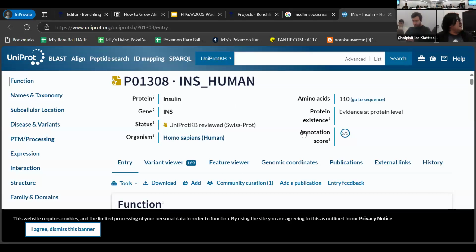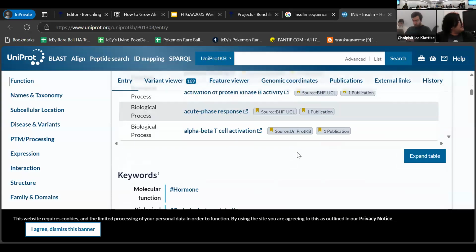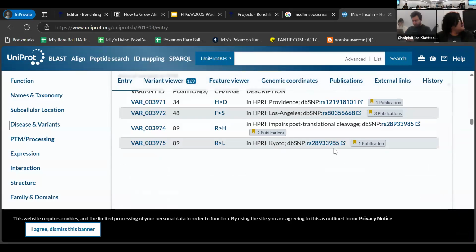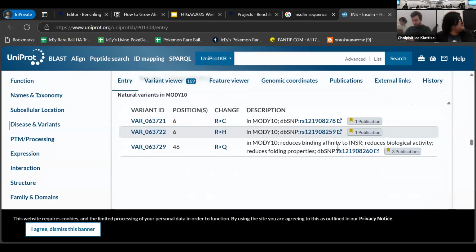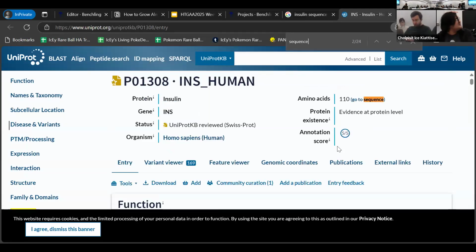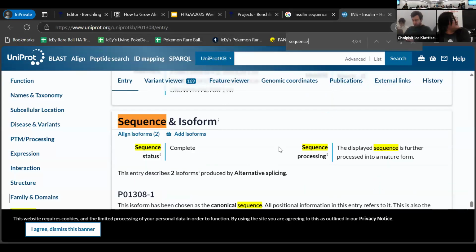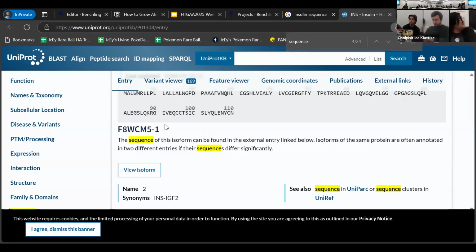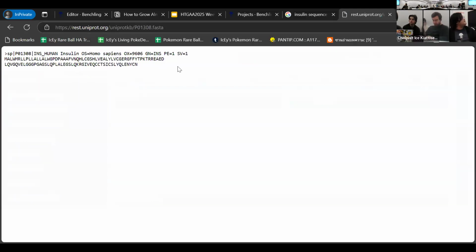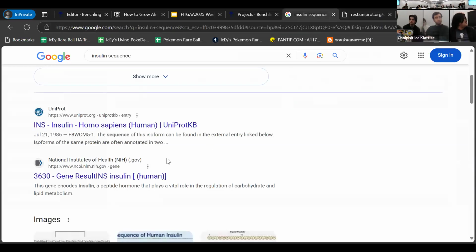And in UniProt, they have a lot of things here, right? If you want to see what the sequence is, you just scroll down. And you see the sequence around there. That's a lot of information. All right, here's the sequence. You can download this sequence, which is a protein sequence right here. If you hit download, they'll give you this kind of FASTA file. Yeah, that's one of the ways. If you go for